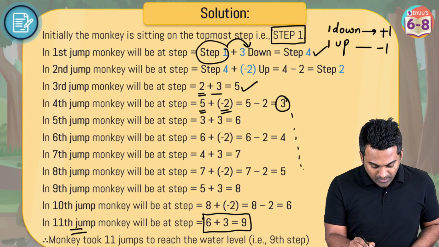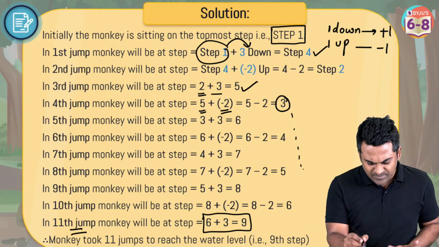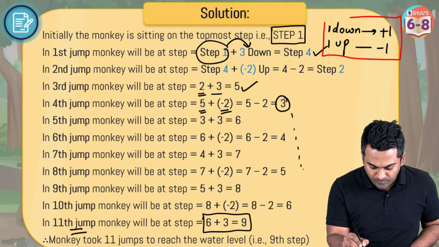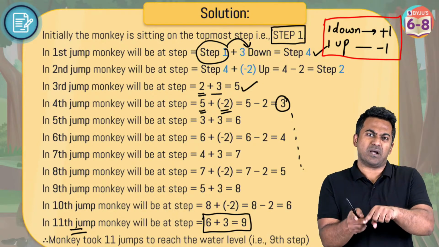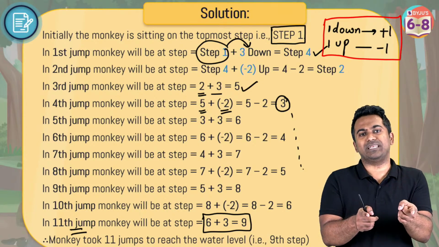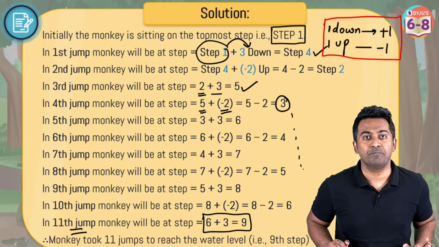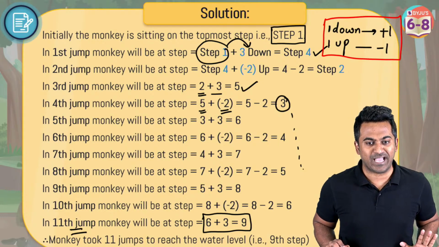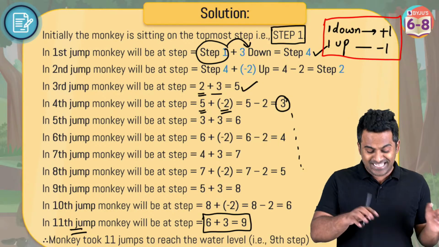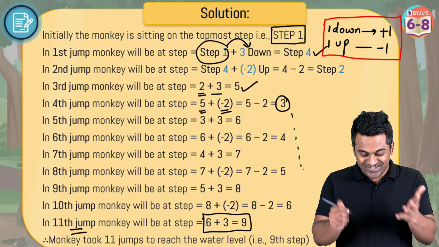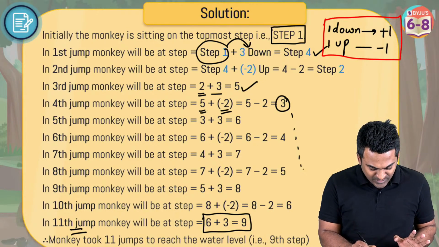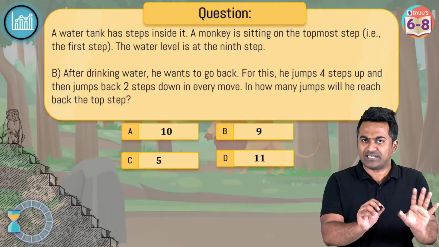Okay, so third step, again, just simply make sure that 1 down, you write +1, and when the monkey goes 1 step up, that would be designated as -1. All right, so I believe now we are pretty clear. There is a similar question for this in the next one as well. By the way, the answer to this is going to be, as you guessed it, 11 jumps.